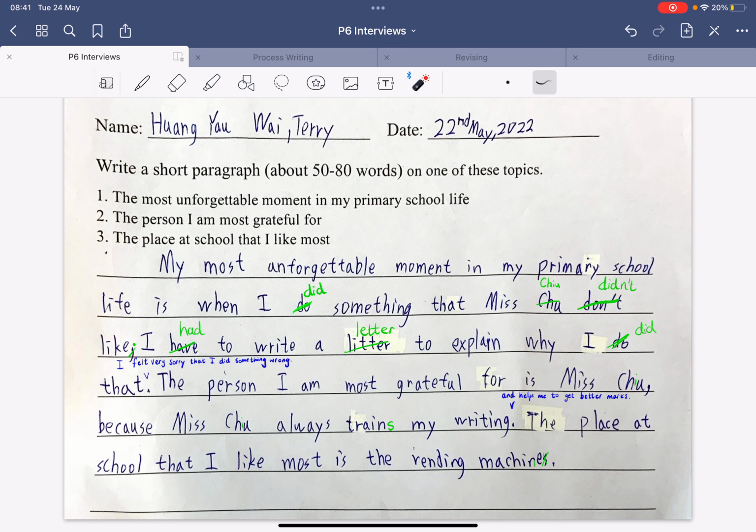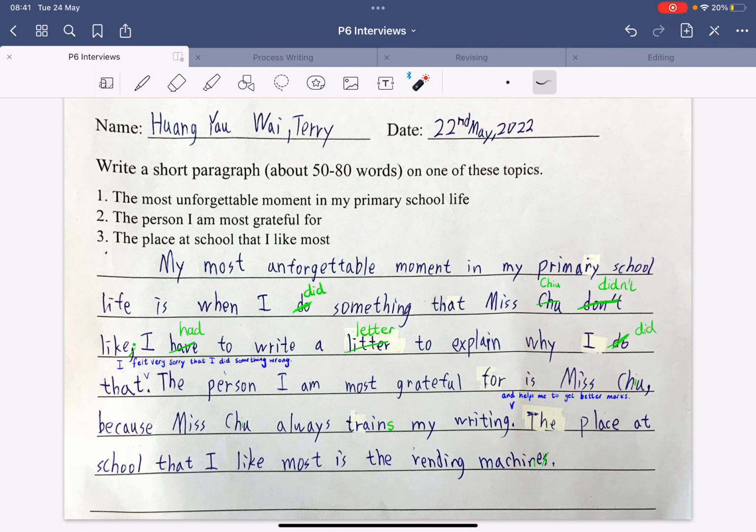P6, I know you've tried it before, but I think you haven't done it for quite a long time and you haven't done it enough. This skill is very, very important going into secondary school, okay? You need to get used to not just writing something one time and finishing it. You need to come back and look at the writing again, try to improve it. This is a very important skill when you move up to secondary school and as you get older, all right?